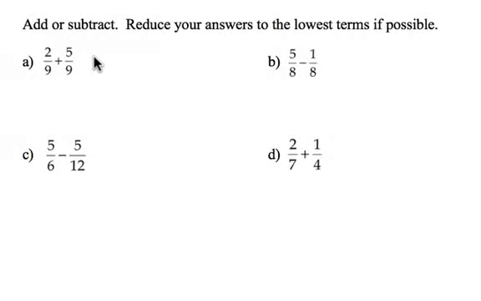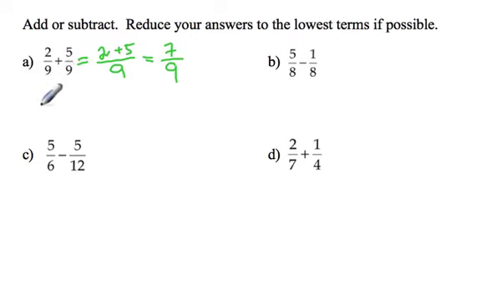In this question we have to add or subtract fractions. For question A we have 2/9 plus 5/9, and we know that that equals 2 plus 5 in the numerator over 9 equals 7/9. So in math, if the denominators are the same, the denominator remains the same and we add the numerators. Another way of thinking of this question is that if you had a pizza that's cut into